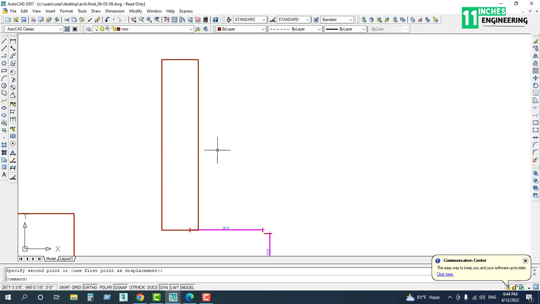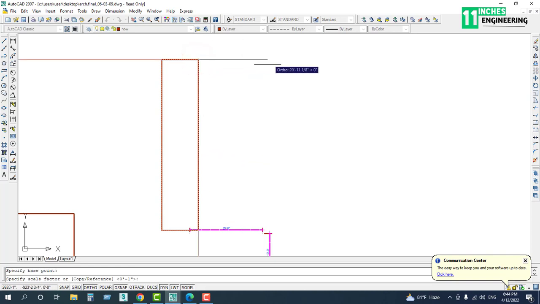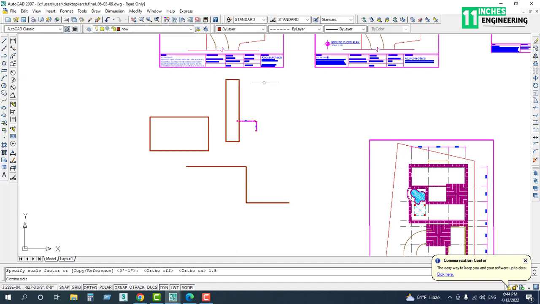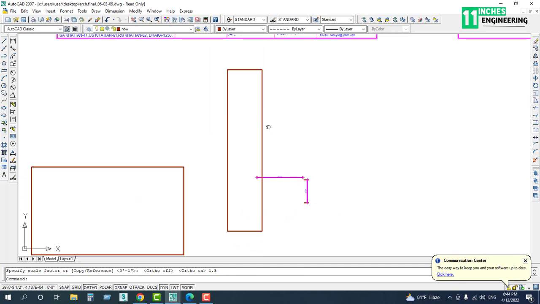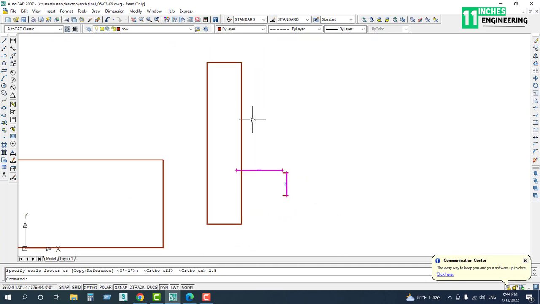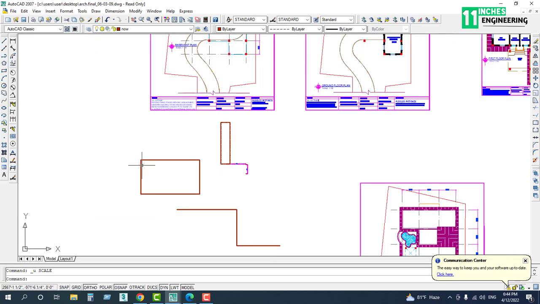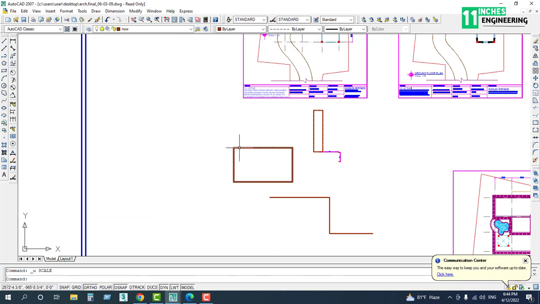SC, scale. If I want to scale it, SC, enter, and select the object, enter, and just select the base point here. Suppose I want to scale it 1.5 times, 1.5, enter, and it is now 1.5 times bigger than it was. Let's Ctrl Z so we can see here. Okay. Alright, now